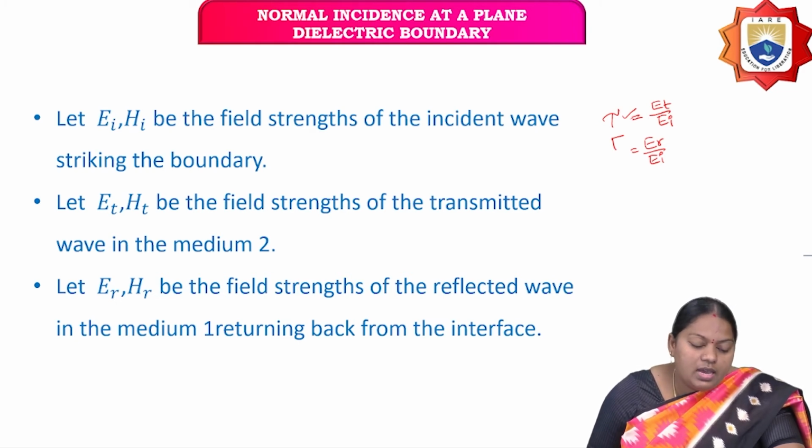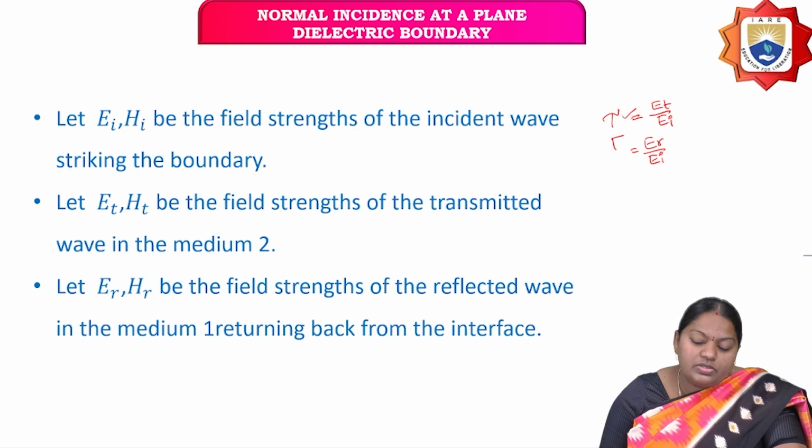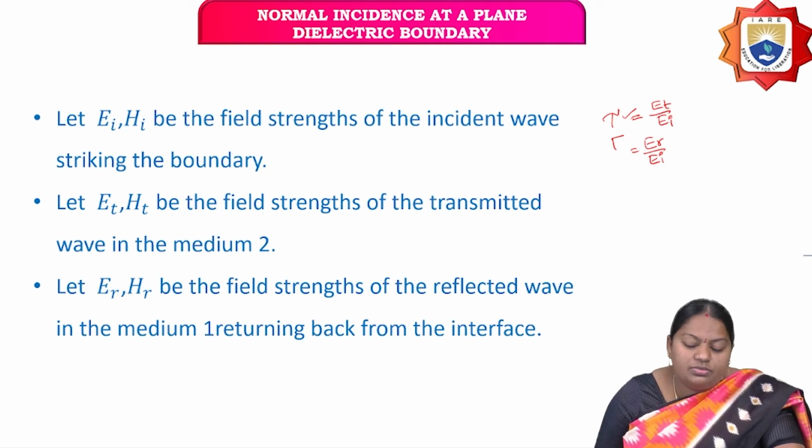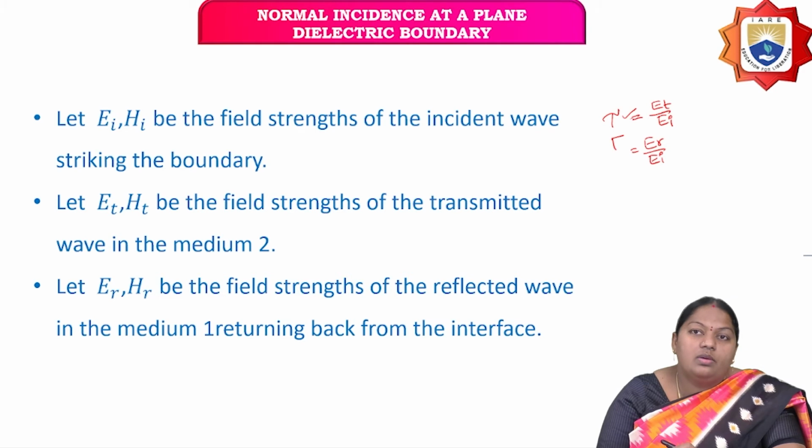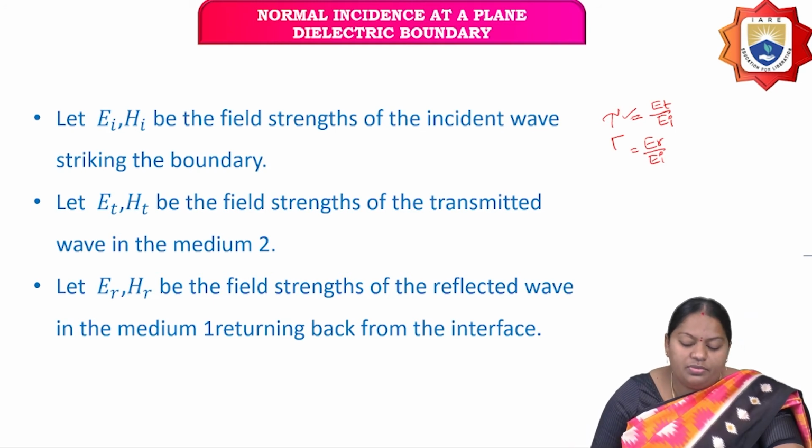Hence, let Ei and Hi be the field strengths of the incident wave striking the boundary. And let Et and Ht be the field strengths of the transmitted wave in medium 2. So the transmitted wave is aligned in medium 2. Hence, we have considered Et and Ht to be in medium 2. Similarly, Er and Hr be the field strengths of the reflected wave in medium 1 returning back from the